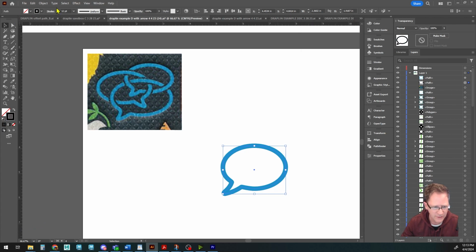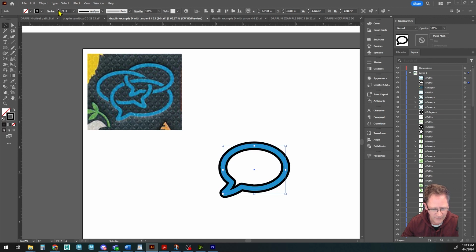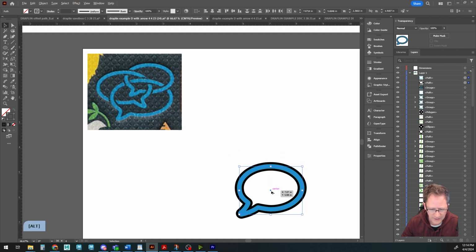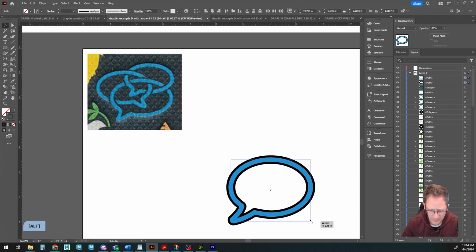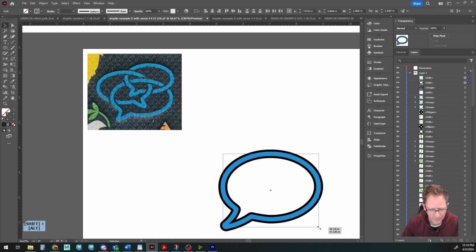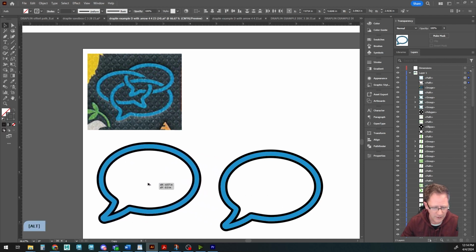And then we're just going to increase the size of the stroke. And it comes out from behind it. So this is really handy because when we select it and then move it around, we'll go over here. Let's make it a little bigger. We're not going to expand it yet because we want the strokes to stay the same. If I were to expand it now,